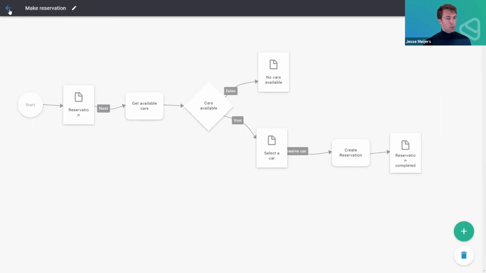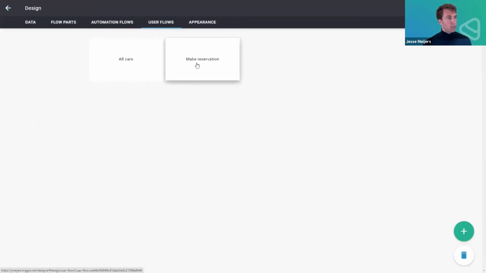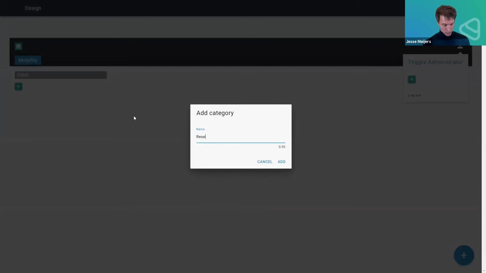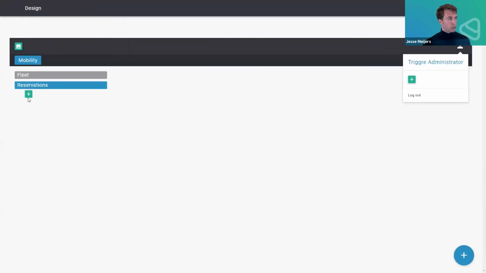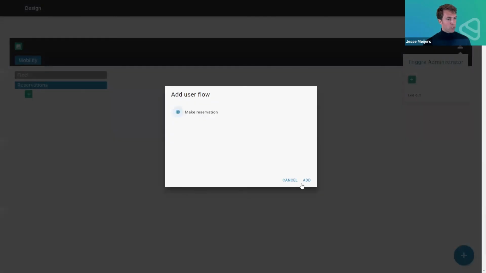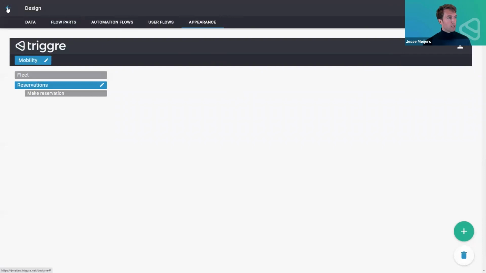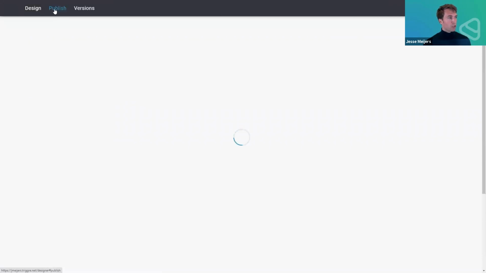Cool. Now, remember that we have to add this one to our menu. So we're going to go to appearance, add this, and we're going to add it to something like reservations, and we'll add make a reservation. Boom, done. We're going to go back like we did before, go to publish,